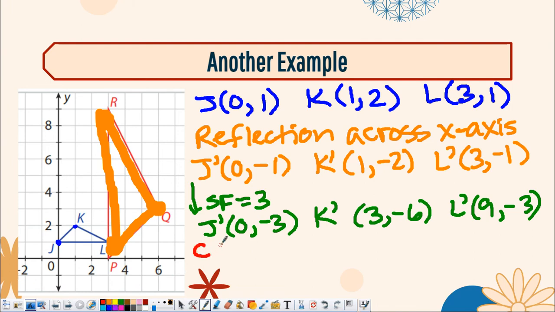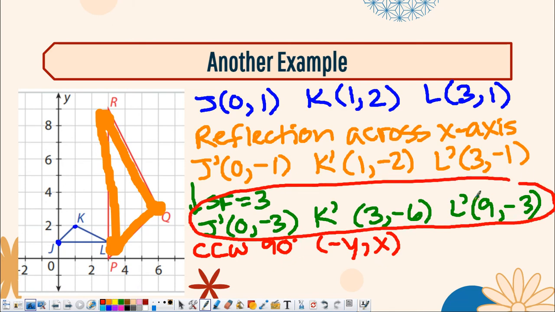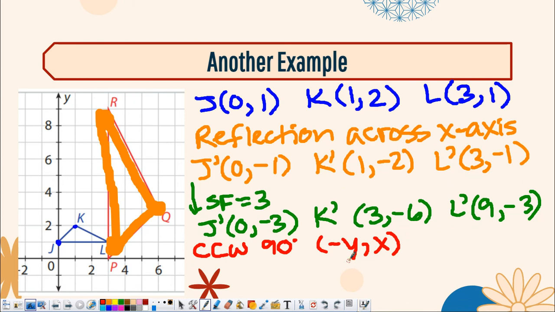So let's do counterclockwise. And we're going to do that 90 degrees. Okay. What is the counterclockwise rotation formula? It's when you take the y, put it in the first position and make it the opposite sign, and you change the x. Okay? So that's what we're going to do to the green. I'm going to put the y in front, make opposite sign, and leave the x. So that means it's going to become, we're finally ready,